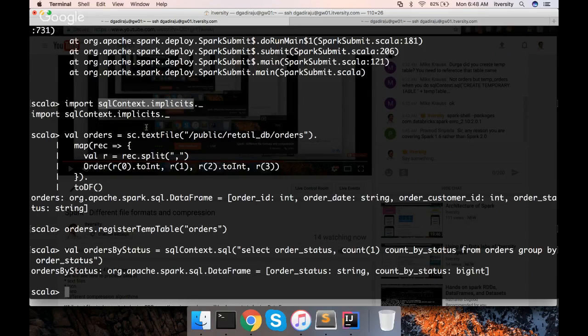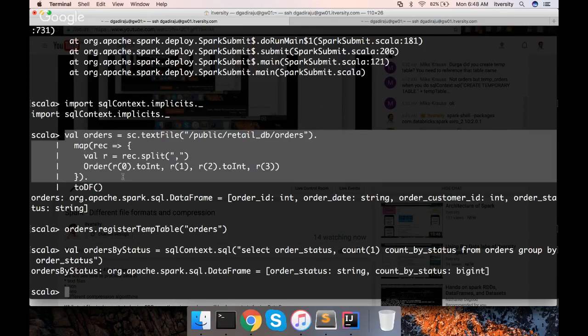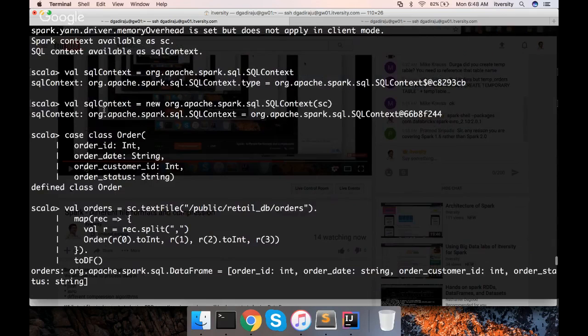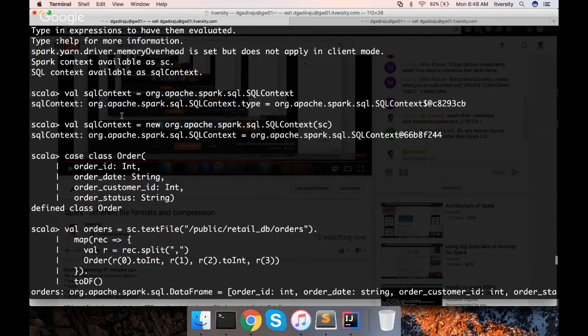Earlier also, after importing implicits, I did not rerun this. When I reran by adding these brackets, that's why I thought brackets is the one which is making the difference. That is not correct. The actual steps, I will reiterate. First, import the SQL context and create the SQL context object pointing to Spark native SQL context.